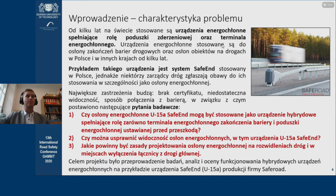In our paper, we looked in greater detail at the ways of using a whole group of energy-absorbing devices. One example of such a device is a device that you can see in Polish roads, but also abroad. The device is called Safe End. It appeared in our roads